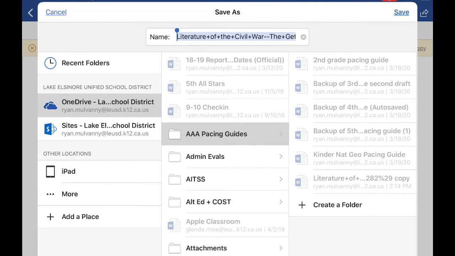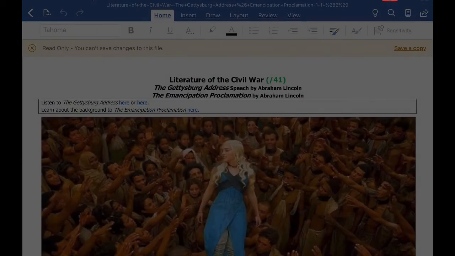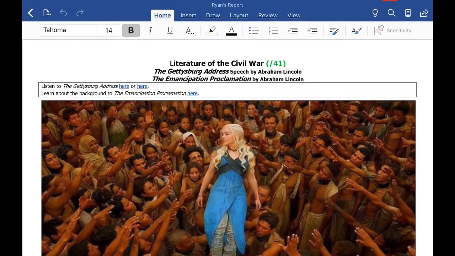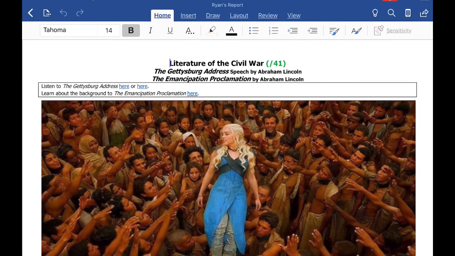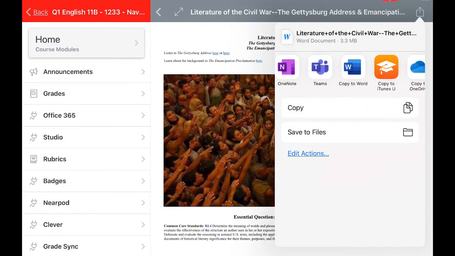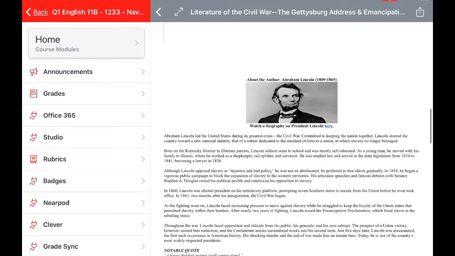Make sure that I'm choosing it in my OneDrive. Figure out where you're going to save it or what you're going to call it. Could name it something different. And then that's in Word still, but it's also saving it within OneDrive. Remember that the default is it's going to save automatically, so as I'm working, it'll make those changes. When I'm done, if I'm back in the Canvas Student app, now it's time for me to submit,